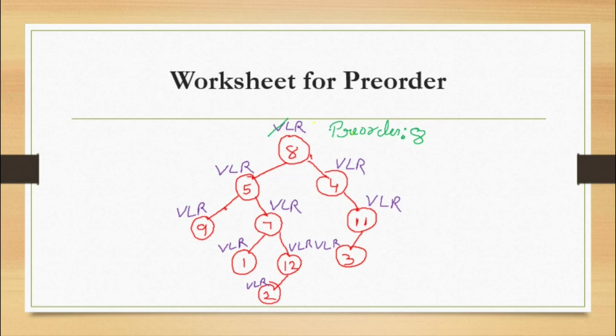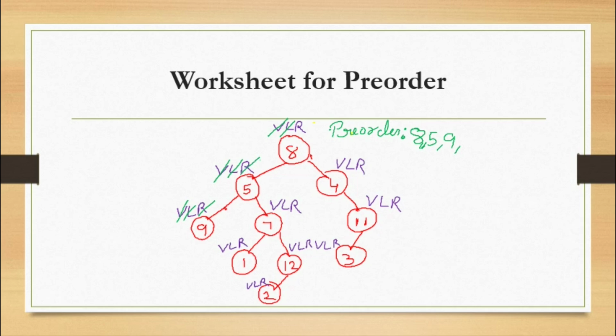Then I have to go to the left subtree. Now I have come to the left subtree. Here I am initially getting the root again. So again I need to cut it and write this, 8, 5, comma. Again I am going to the left subtree. So here again I am visiting the root, so then I am again writing it here. Again left subtree, we don't have anything. Again we are going to the right subtree. So again nothing is there in front of 9, so I need to come back and go to the right subtree.